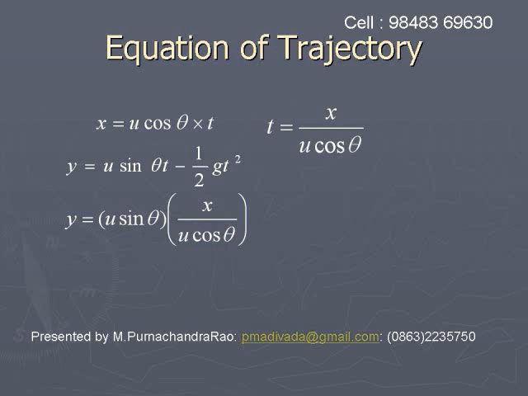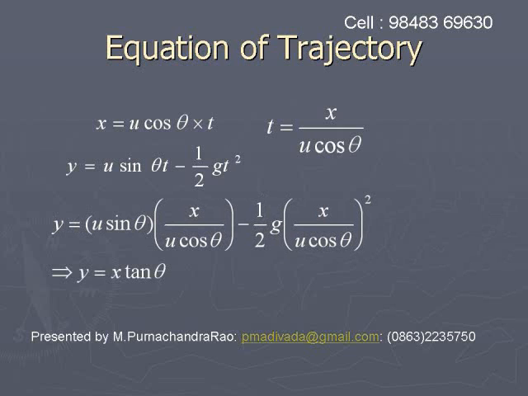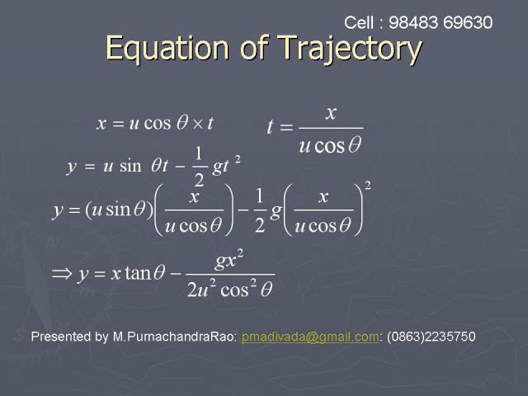From the relation t is equal to x by u cos theta, we will get y is equal to u sin theta into x by u cos theta minus half g into x by u cos theta whole square. So y is equal to x into sin theta by cos theta, which is tan theta, u gets cancelled. So we will get y is equal to x tan theta minus half g x square by